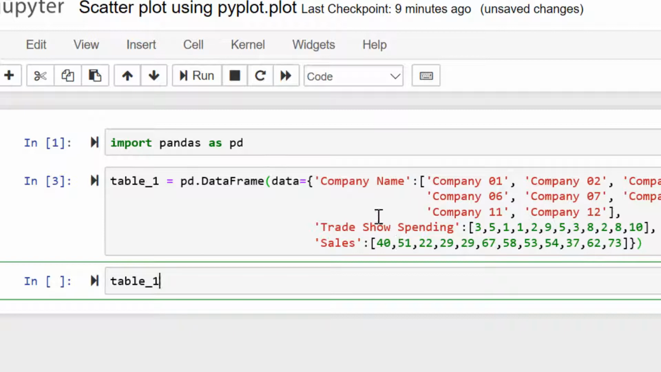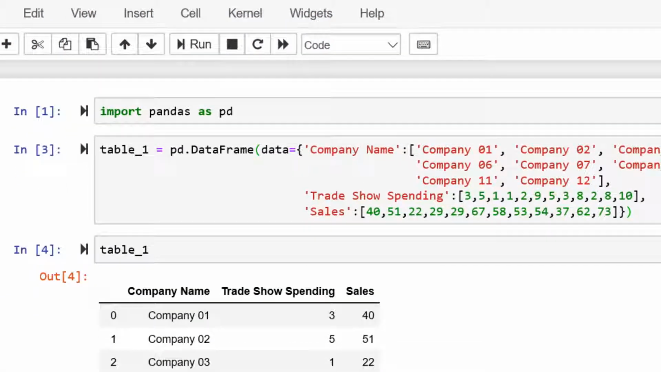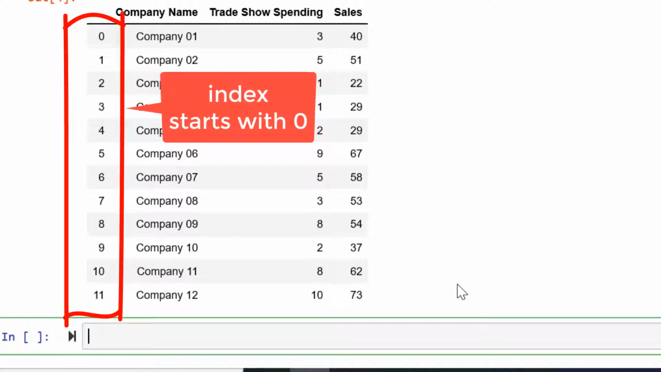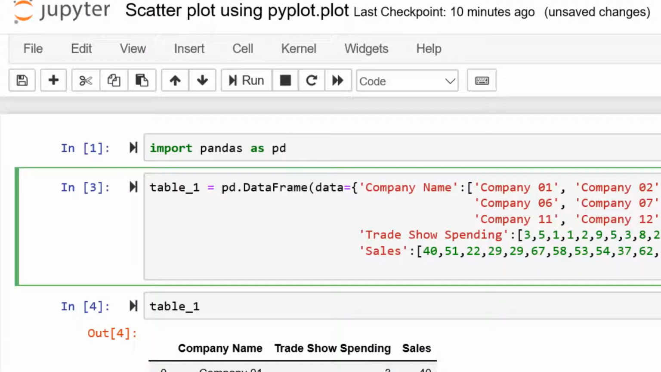This is our table now. Please take note that the first column you see is the index. Python starts with 0. Since we have 12 rows, then our index ends with 11. To set company names as our index, type name of data frame, which is